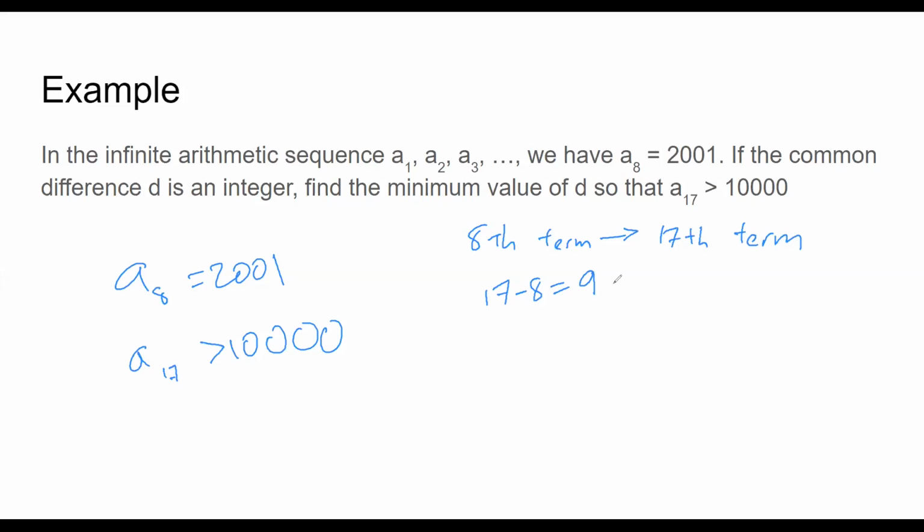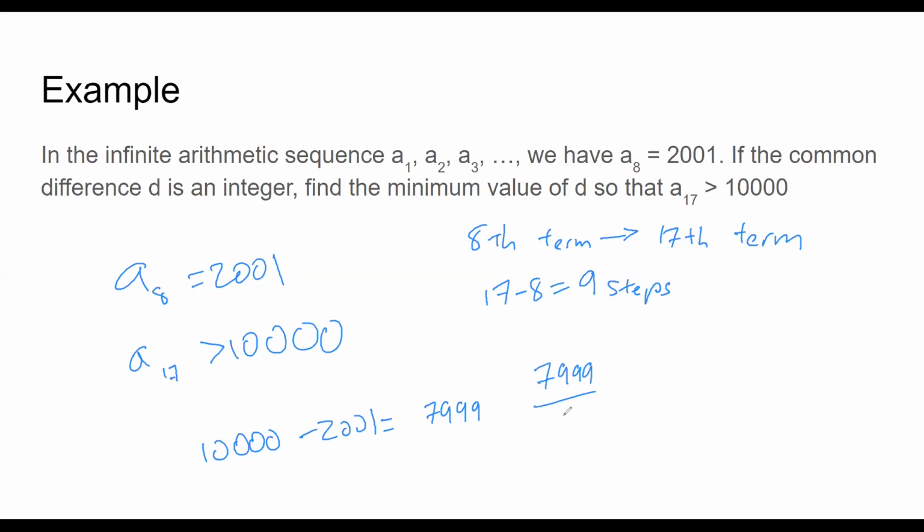So in these 9 steps, how much is it going up? Well, it's going up 10,000 minus 2001, which is 7,999. Basically, we want to go up at least 7,999 within 9 steps. So we can just do division here and say that